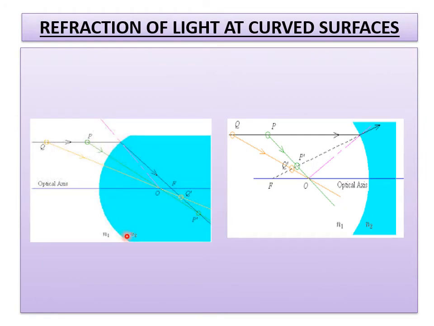So this is your bulge-out surface and this is your bent-inward surface, you have to remember. The colored portion is your denser medium, and this is your rarer medium. One more point you have to remember here: this is the optical axis. As per the textbook terminology it is the principal axis, here the optical axis. And I told one point: whenever a ray parallel to the principal axis enters from rarer to denser, it bends towards the normal, and meets at one point on the principal axis.